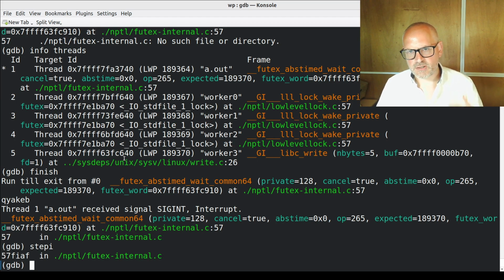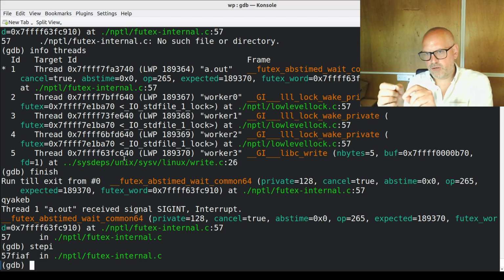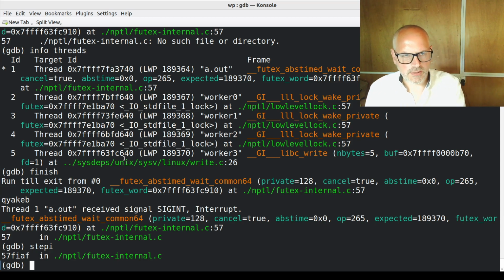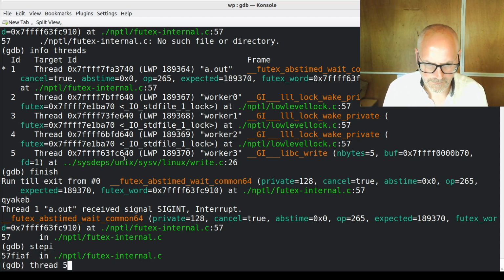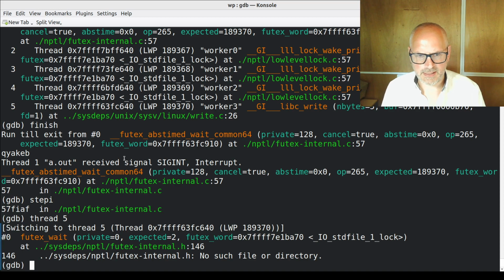Okay, makes sense, right? So when I type step I, it's going to run all of the threads in my program, even if there are hundreds or thousands. They're all going to get run, and then it's going to step I that one instruction, that one thread if it can. So let's go to thread 5. They're all kind of inside system calls because this program is actually going to spend most of its time inside system calls. And so now when I step I,